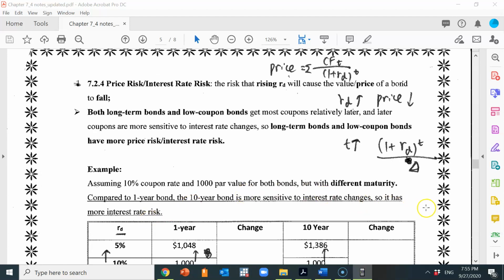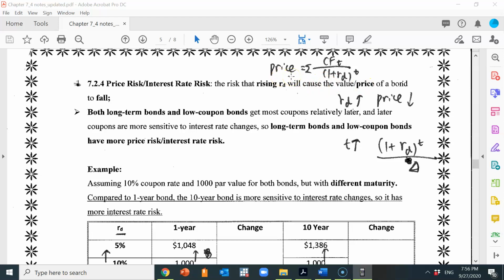Another group of concepts is risk about the bond. The first type of risk is called price risk or interest rate risk. It is the risk that a rising cost of debt, or cost of raising capital from debt, will cause the value or price of a bond to fall. If we look at the formula of how we solve for a bond price, we discount all the future cash flows, including coupon and par value, to present using the r_d, cost of debt, or interest rate, as